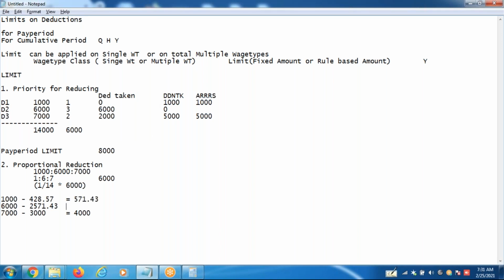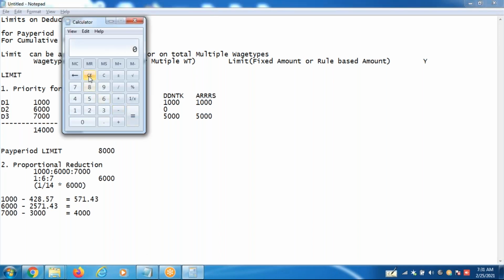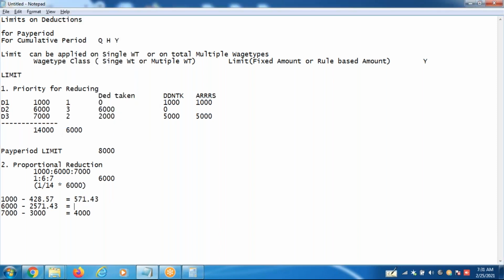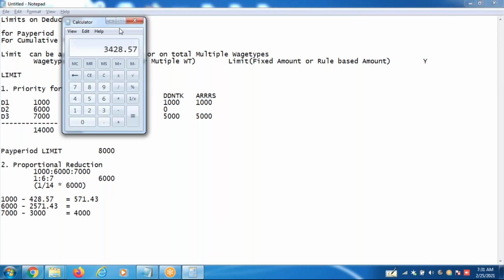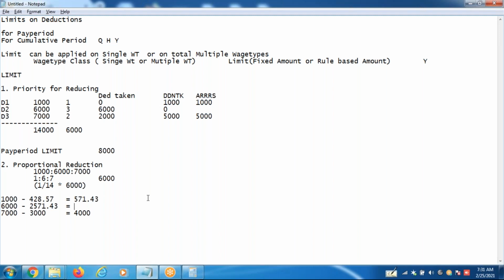Okay, how much do you get here? 6,000 minus 2571.43 is 3428.57. So if you add this total, how much will you get, guys?